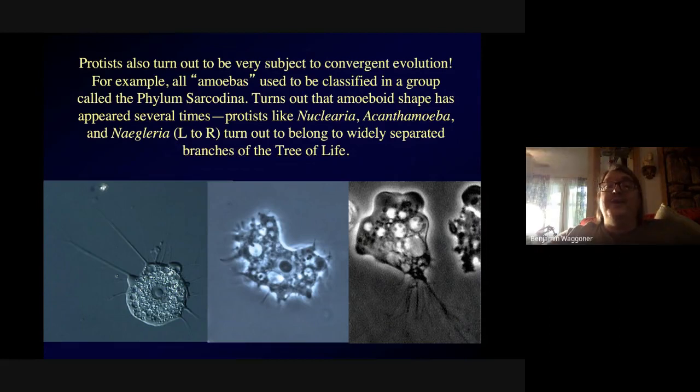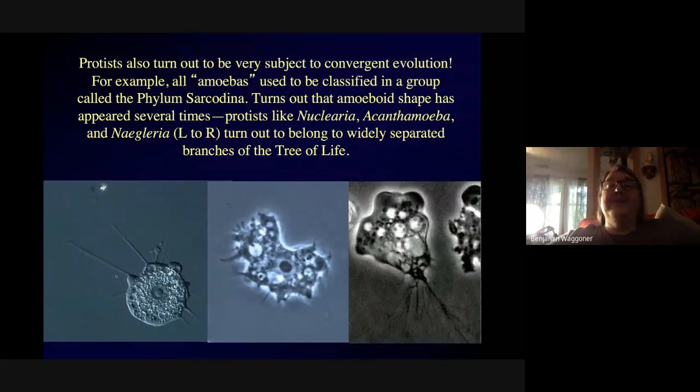And it turns out that protists, like on the left, you have this thing called Nuclearia, this little shapeless amoeba that looks a little like a fried egg. In the middle, you've got Acanthamoeba, which can actually make people sick. You do not want to get this thing in your eye or even in your brain, although fortunately that's rare. And over on the right is yet another amoeba species called Naegleria, which is another one that you really do not want to get in your brain. We'll talk about those later.